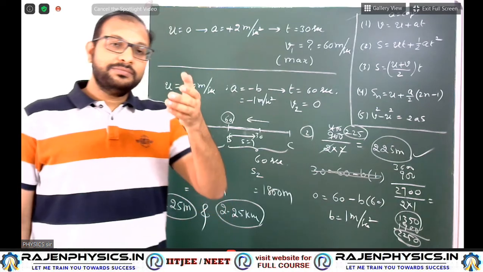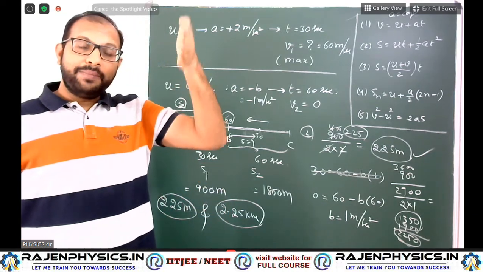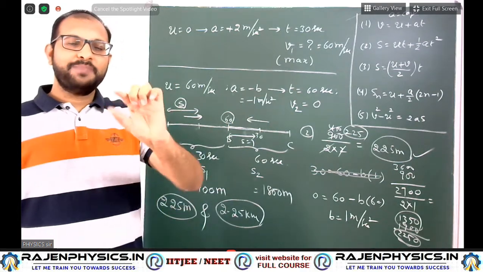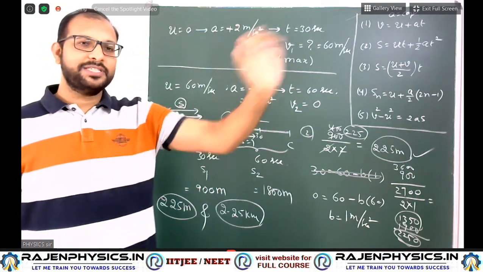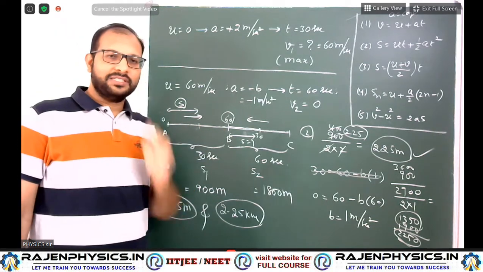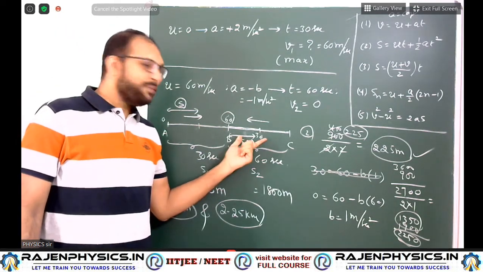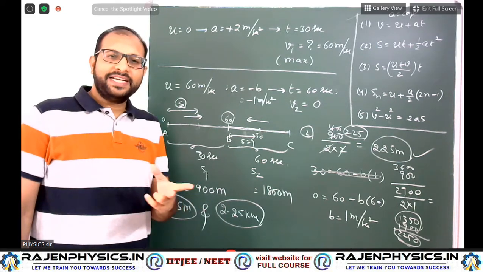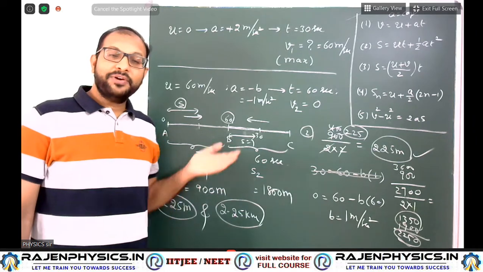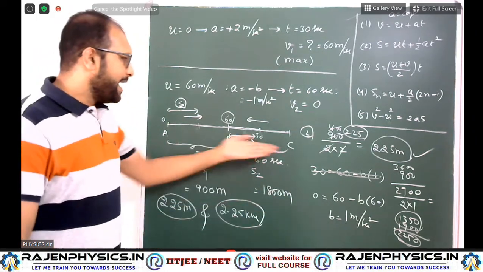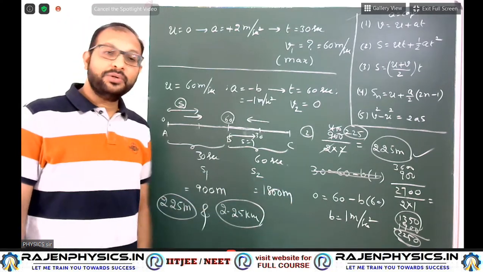But if you make the problem into different parts, this part related to this topic, that part related to that topic. For example, here the first part is related to acceleration, the second part related to retardation. So two different parts. If you divide the problem, you can easily solve it, just like how I completed part 1 and part 2 now.